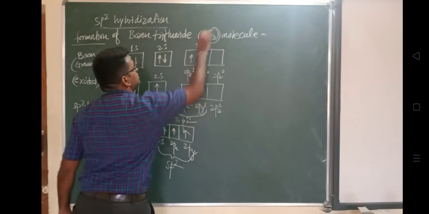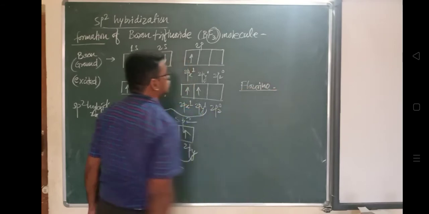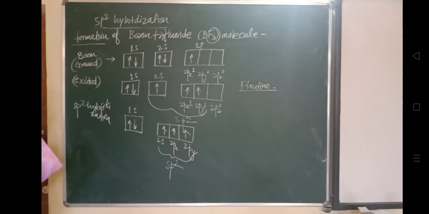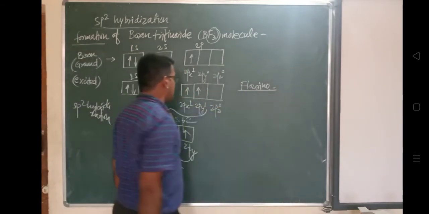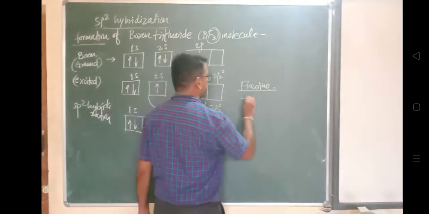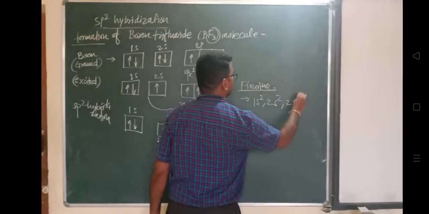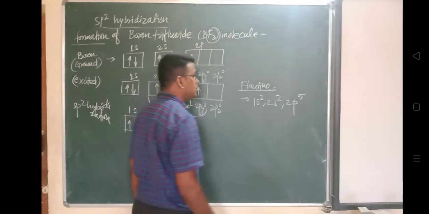There will be no excitation, no excited state, in the case of fluorine, because we have already considered that in the case of boron. So look, this is 1, 2, 1, 2 and 1. In this way, the vacant place in the orbital, so one fluorine atom will get merged with this, because a total of 3 fluorine atoms are present here in the BF3 molecule. We have just drawn the hybridized orbitals for boron, that is, it forms sp2 hybridization.